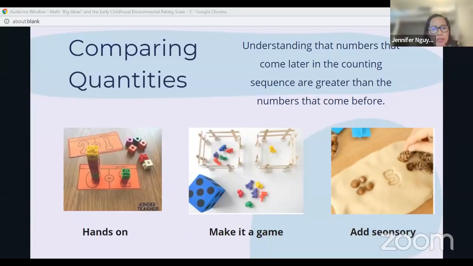So here's the cubes, they can stack. They have to do number recognition. And then the stack on the right only has 2, so they can clearly see and feel and know that 6 is greater than 2. And again, in kindergarten, first grade, they're going to understand that the alligator is always going to eat the 6.